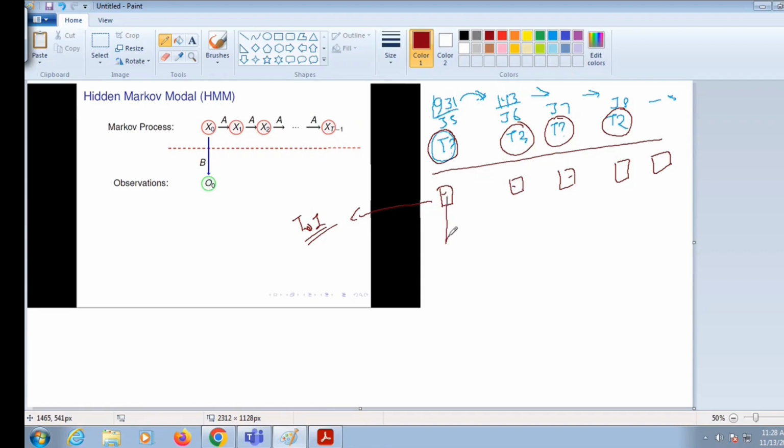Let's assume that instead of temperature, I wanted to find out what is a hot day, a warm day or a cold day. I wanted to find out these three classifications: cold, hot or some other kind of day. Let me also assume that